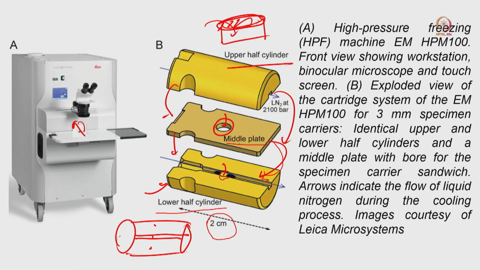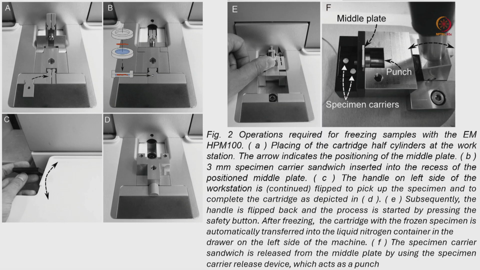In the next step you can see again the half cylinder where it is located, and this is the upper plate where we are going to add the sample. This is the sample carrier that I already showed you in the last slide. We add the sample here, and then we close that entire part. When that is closed, it is placed somewhere here, and then the upper cylinder will come and fix this entire thing, and it will go inside the instrument.